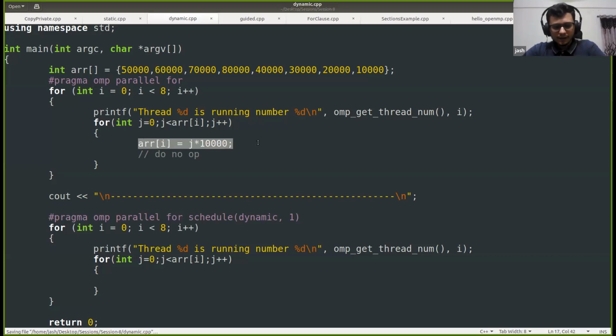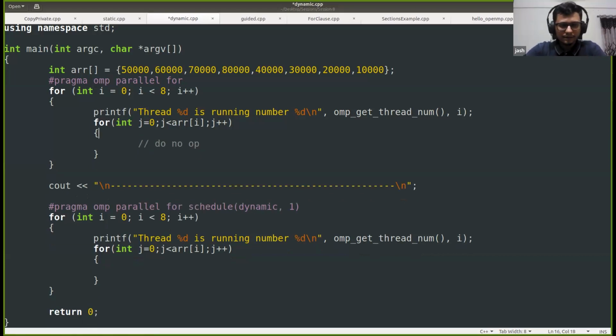Not here, but here, right? So what we are trying to do here is update this PR of I dynamically. So let us see if this one works.